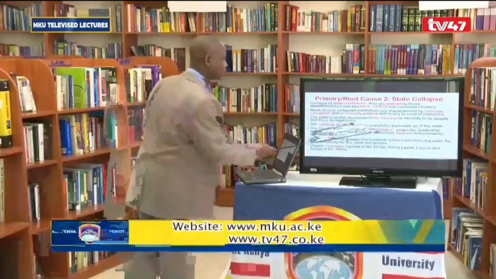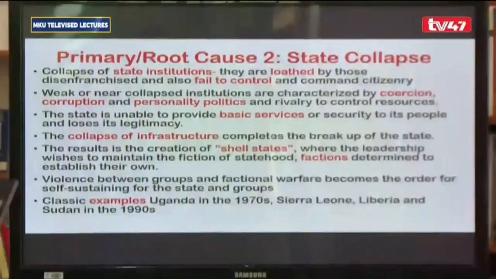The collapse of infrastructure completes the breakup of the state, so that when institutions break up also, other infrastructural services such as roads, such as communications, collapse and contribute to the collapse of the state. When the state collapses, it breaks up into smaller states, which we refer to as shell states. A shell state is a shell that is fragmented, like just the shell of an egg that has got different